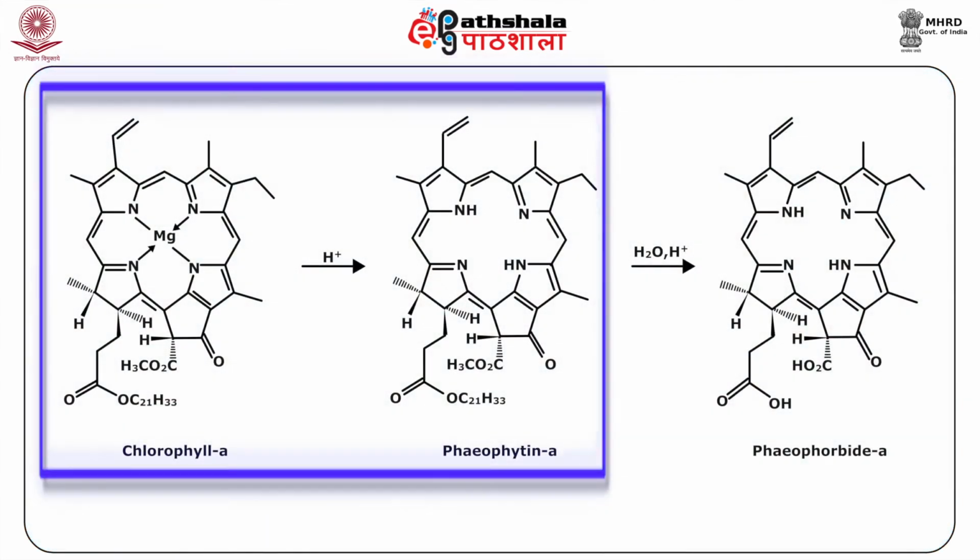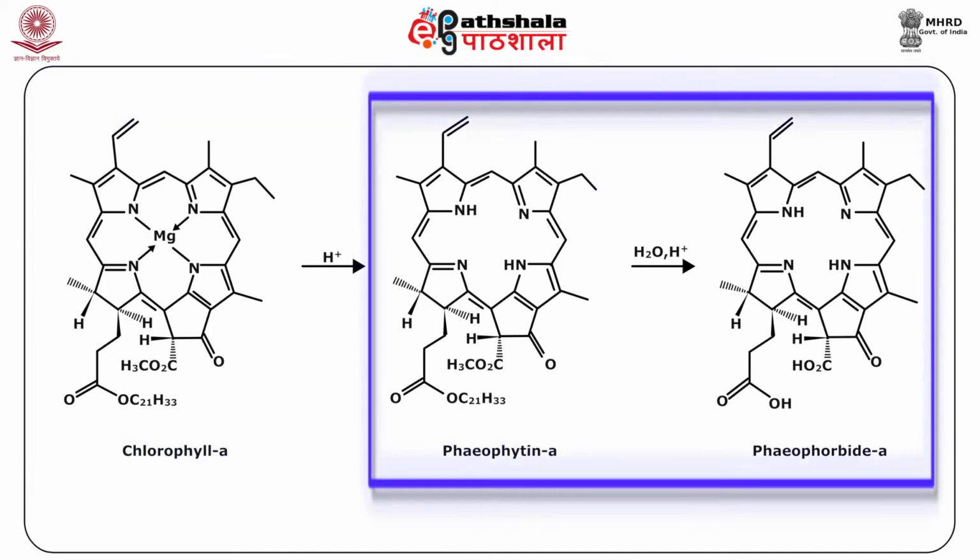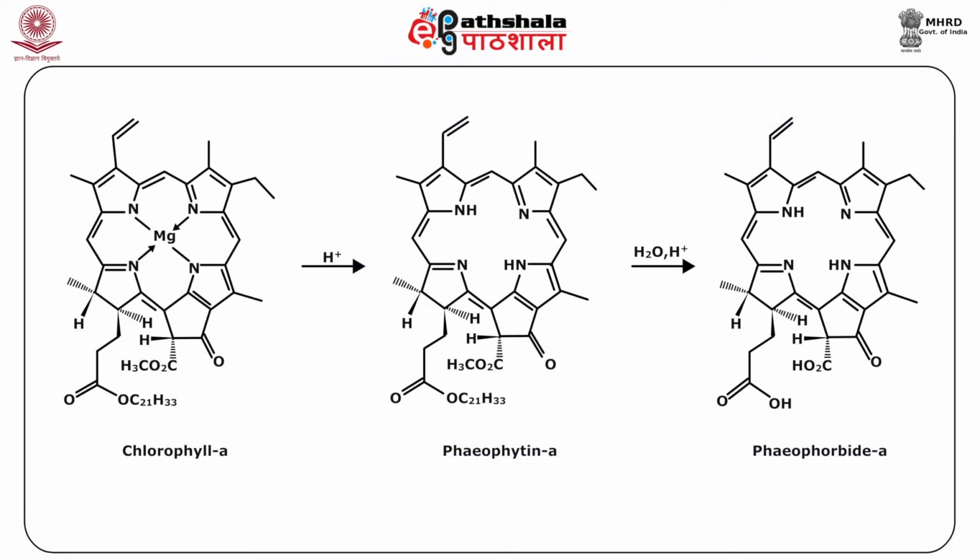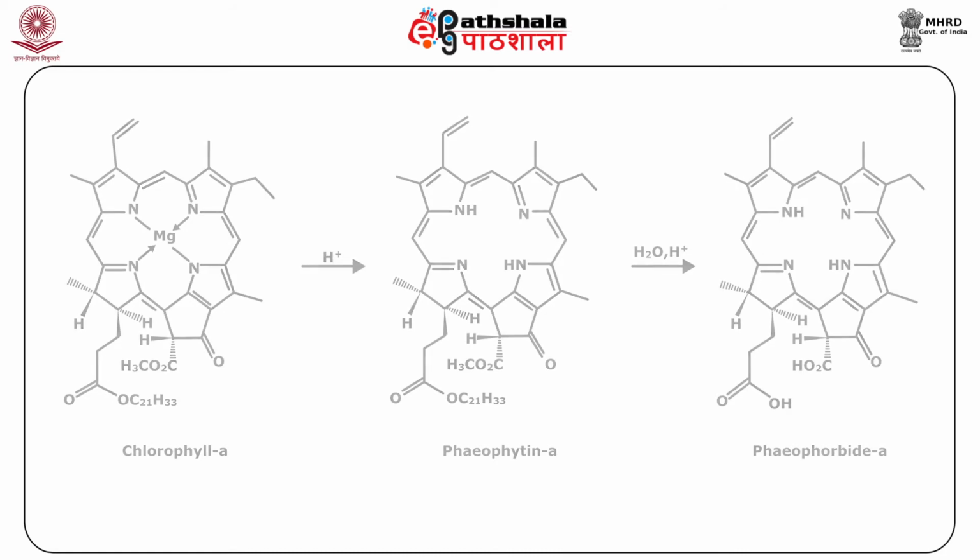Treatment of chlorophyll A with acid removes the magnesium ion, replacing it with two hydrogen atoms, giving an olive brown solid, pheophytin A. Hydrolysis of this, that is the reverse of esterification, splits off phytol and gives pheophorbide A. Similar compounds are obtained if chlorophyll B is used. As shown in this reaction, this is the overall reaction scheme for the hydrolysis of chlorophyll A, when water gets combined with it.